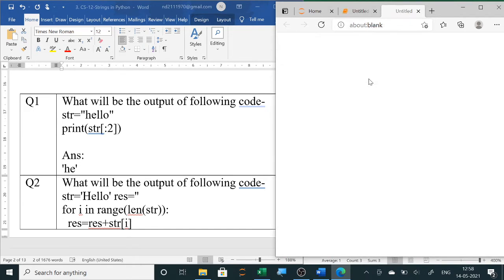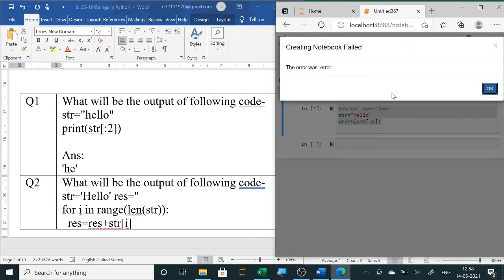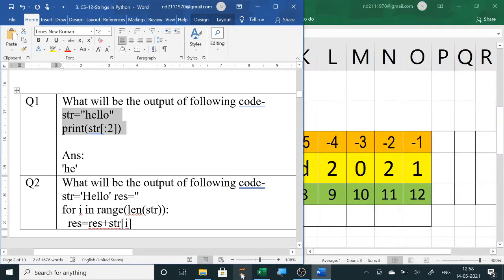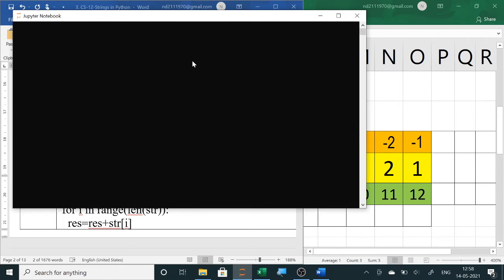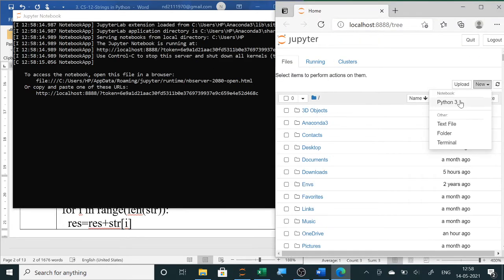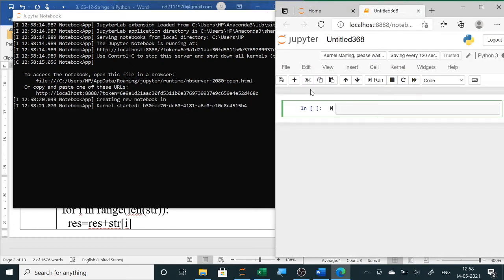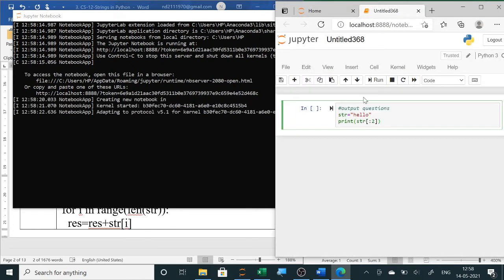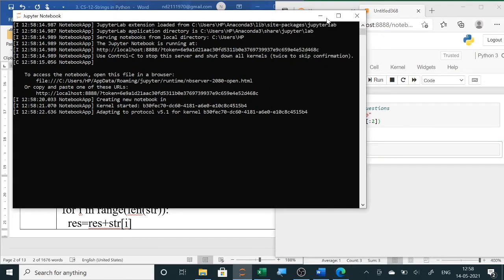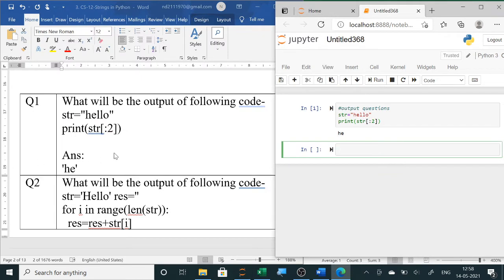File, new notebook. Sometimes Jupyter creates problems, so I am opening Jupyter once again and then I will show you the output. I am pasting it here and executing it. Here you can see HE is printed. Clear? The output of string colon 2, that is index 0 and 1, H and E, will be printed.